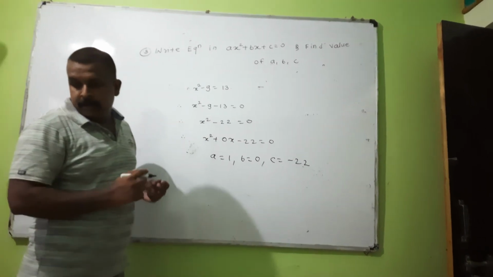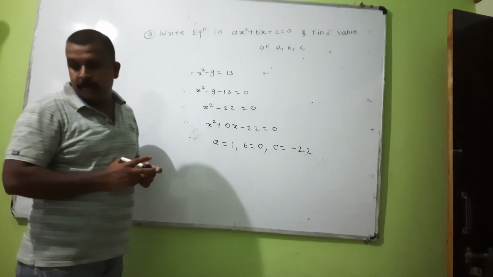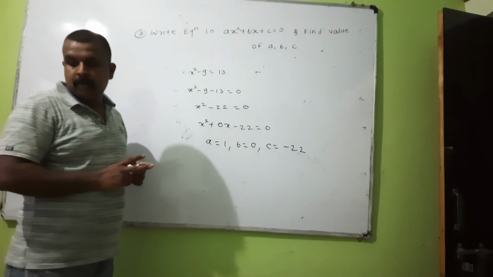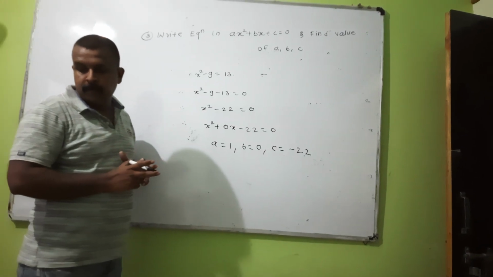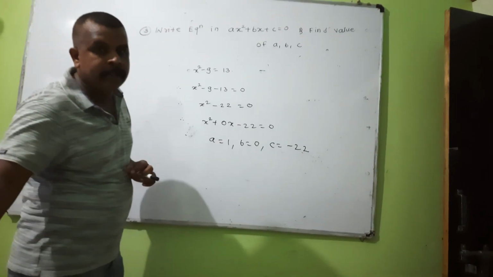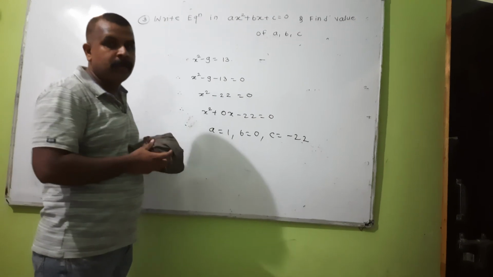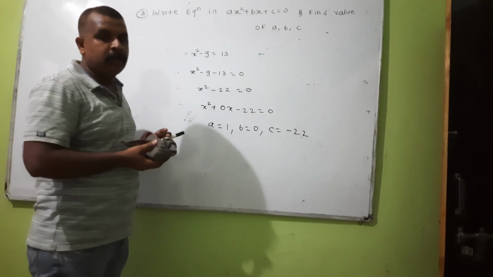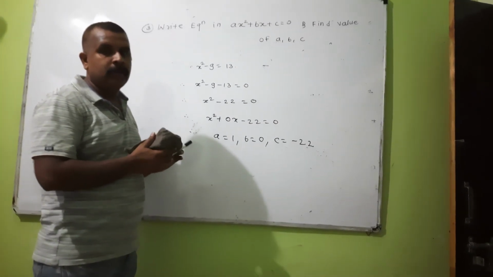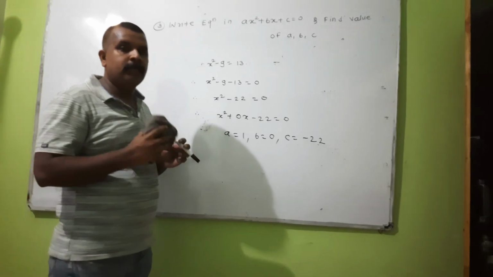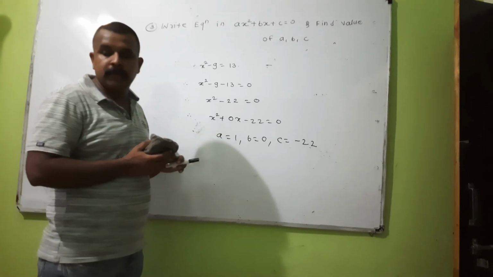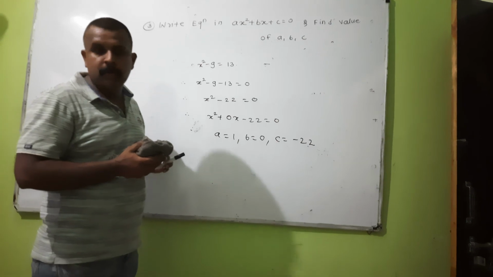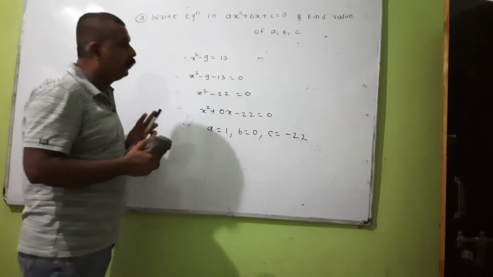Okay? So the last questions, question numbers 4, 5 and 6 of practice set 2.1, we will see in the next video, because for that purpose we use a new concept, roots of the quadratic equation. So in the next video we will start from roots of the quadratic equation, and after that we complete questions 4, 5, 6. Okay? Thank you.